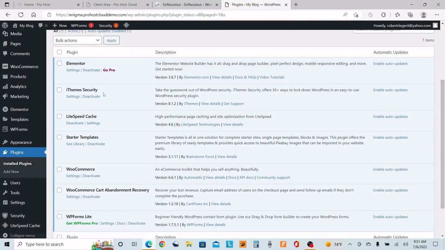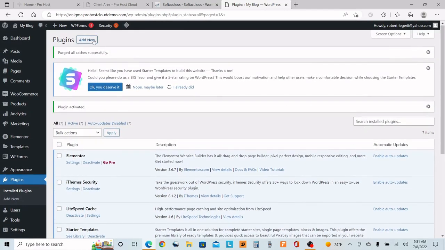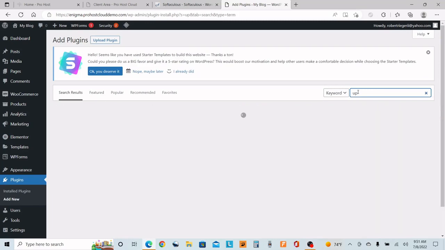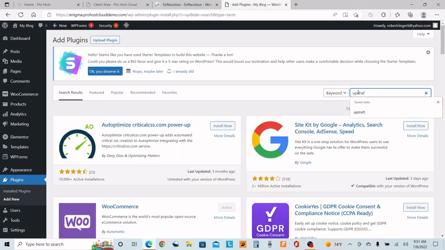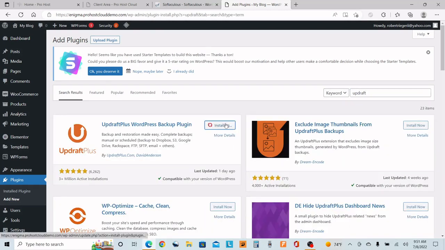We've got Elementor, iThemes, LiteSpeed, and one more we use is called Updraft, and that's for backups. You can never ever have enough backups, and this is a free plugin, and you can store it offsite. That way, if something happens to the server and you have it stored on the server, you won't be able to recover your website. But if it's on a